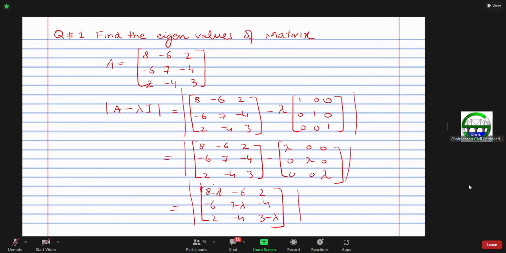The determinant is equal to, for example, just move this one and this into this and this. So it will be equal to 8 minus lambda into 7 minus lambda into 3 minus lambda